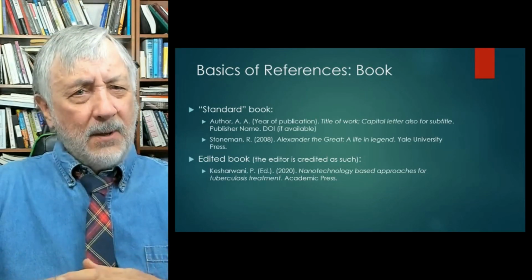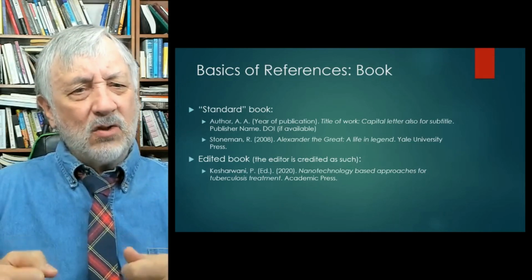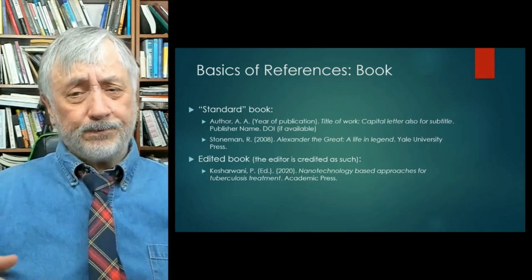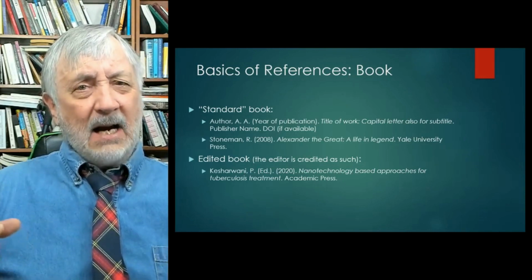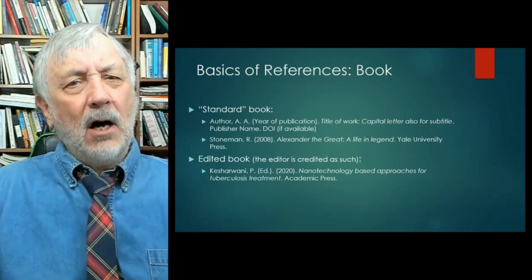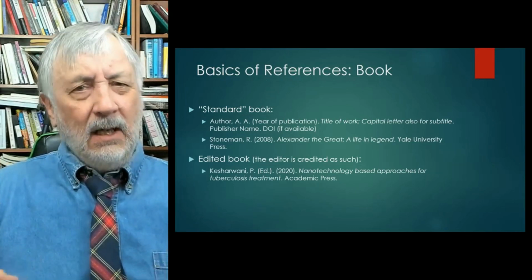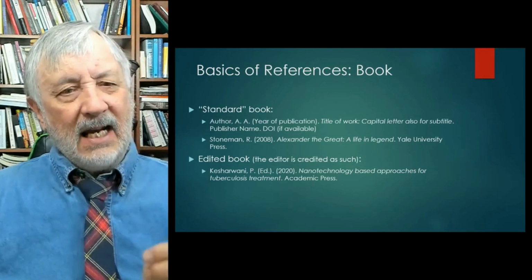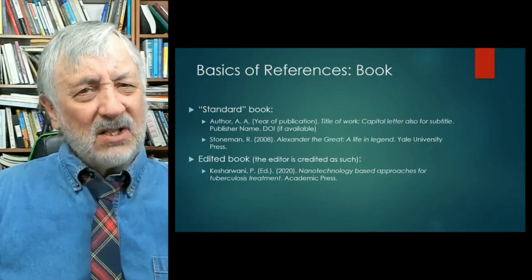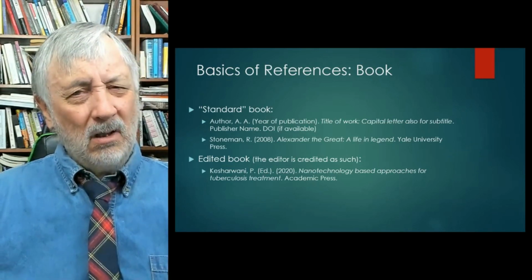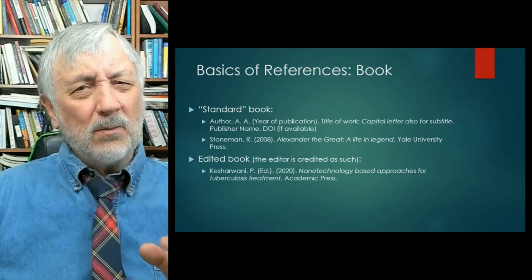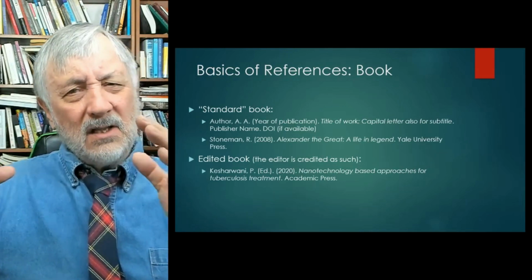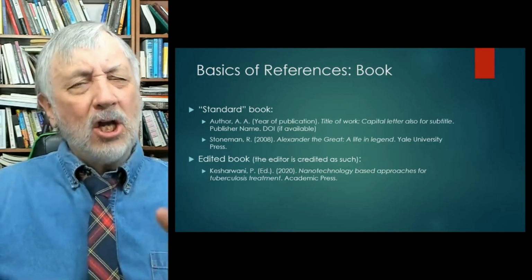We start with the basics of the references, which is a book. We start with the book because it's the simplest, and it provides the template for everything else. Everything else kind of follows along this template, and you add stuff or maybe subtract something. But this gives you the basic idea. And I'll just say this: if you get the basics correct, you can't go too far wrong. Sometimes you're a little confused where to put the issue or the volume number. But if you remember the template for the book references, you won't go too far wrong.